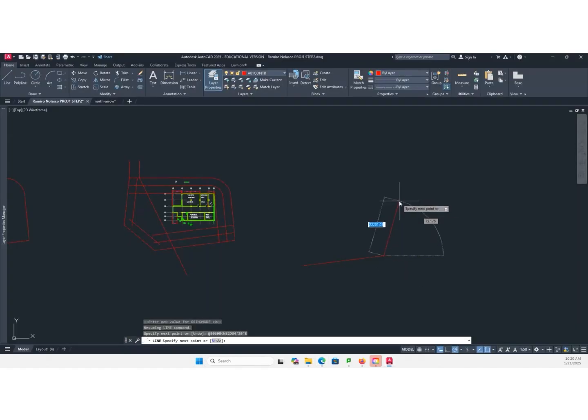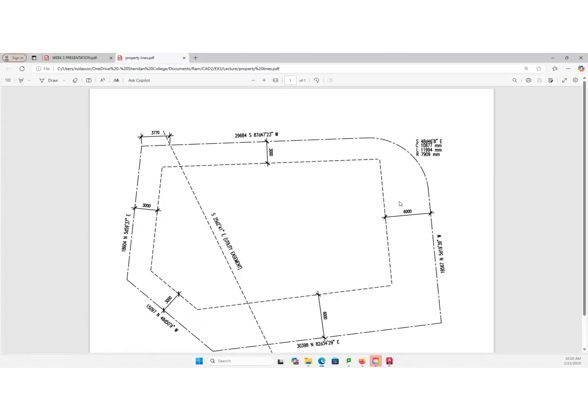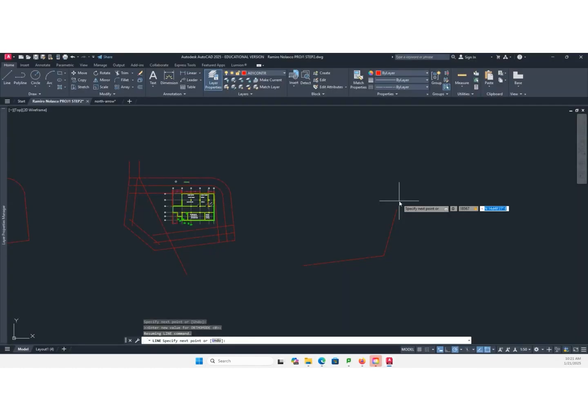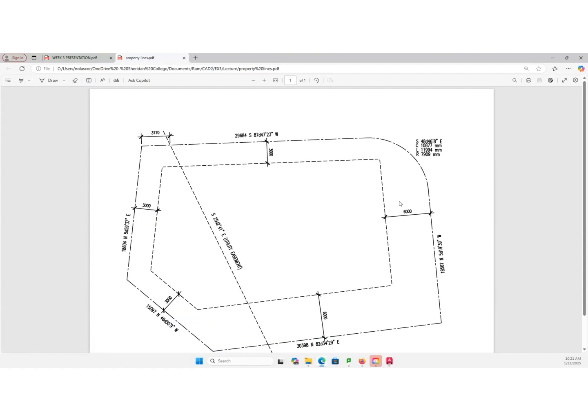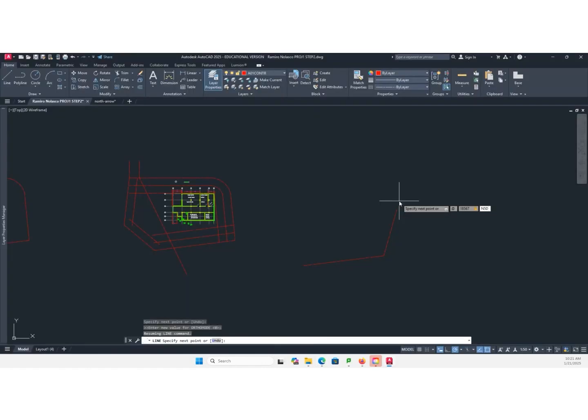Okay? And then you say at 18567 less than symbol north 5 degrees, 19 minutes 39 seconds, west.